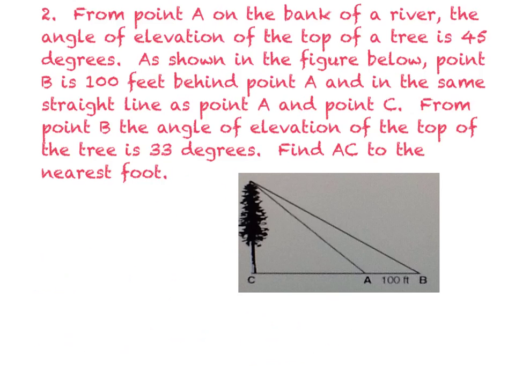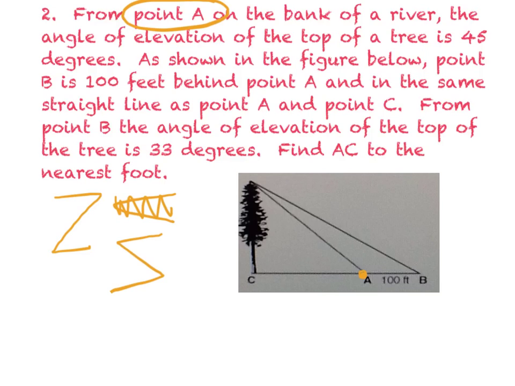Question 2. From point A on the bank of a river, okay, so put your pencil on point A, that is where you are starting. The angle of elevation to the top of a tree is 45 degrees. The angle of elevation is the one that looks up. That's your elevation, so elevation could be here, is 45 degrees. So if you're standing here looking at the tree and you look up, hopefully you're saying that is your 45-degree